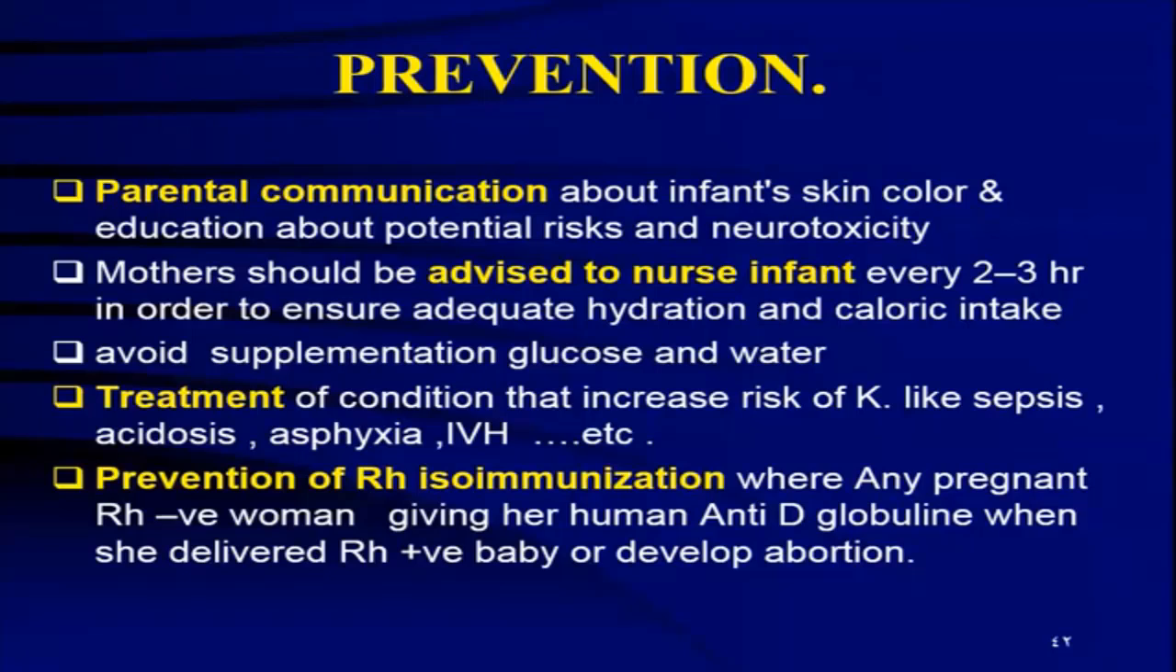Treat the conditions that increase the risk of kernicterus at lower bilirubin levels, like sepsis, acidosis, and asphyxia. All these conditions should be treated. Prevention of Rh isoimmunization: any pregnant Rh negative woman should be given human anti-D globulin when she delivers an Rh positive baby or develops